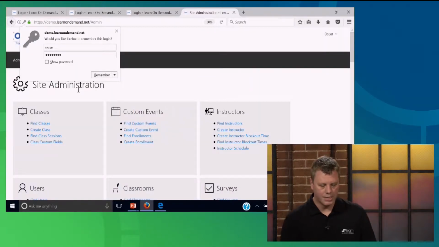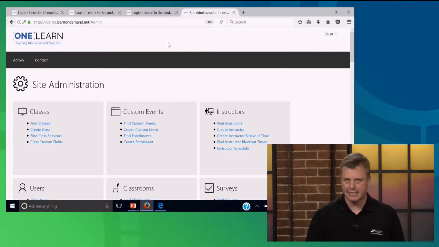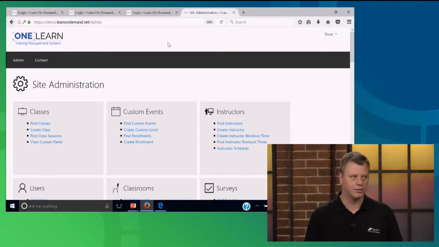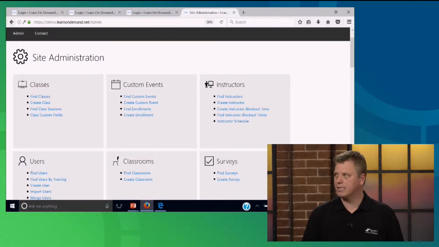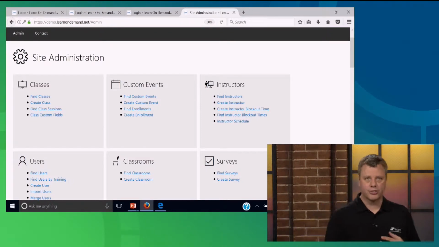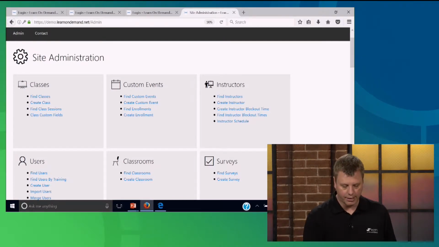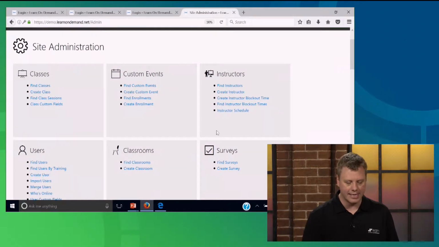There we go. So I just logged on as Oscar, and Oscar is really an operations manager. So he has a lot of permissions within this system here. He can schedule classes, he can manage instructors, users, all the classrooms, etc. So there's a lot of features in here. Some features you might use more than others. Maybe I'm using, I already have my classes as the first one, but after that I'm actually using users quite